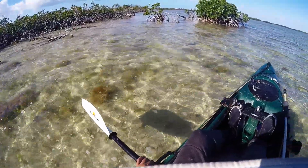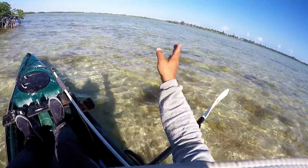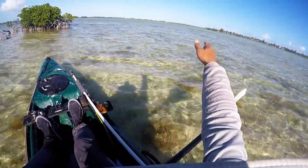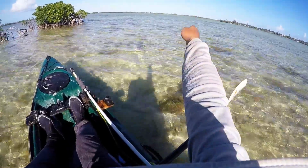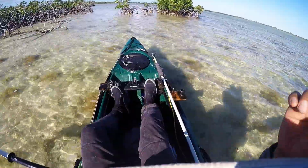Well, unless I missed it, there's no direct easy route to that bridge over there. So I'm going to cut across, get on that where the residentials are over there, and hug that shoreline to get out of the wind. So I need to kind of end up over there, so let's see if we can do that against this wind. All right,